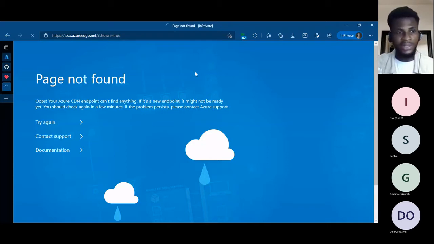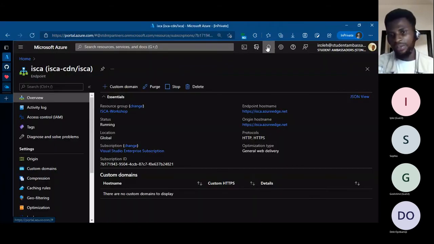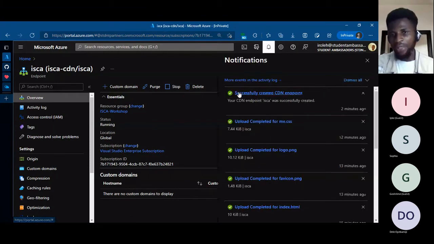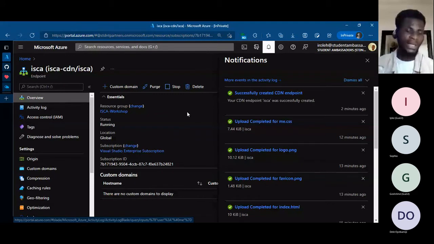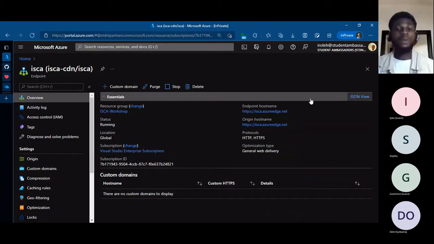We don't have a problem. Our CDN was deployed successfully, so if there was a problem, we could have seen a red icon here. So this is just taking time to propagate behind the scenes. Just give it some time. It will be working very shortly. But as we're waiting for that,